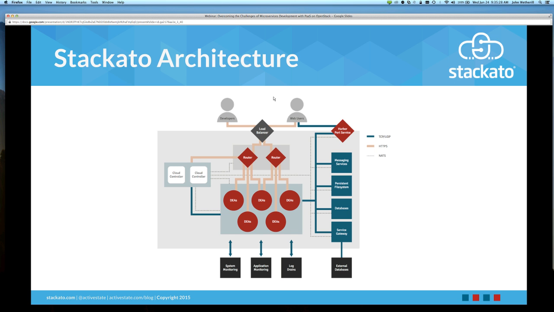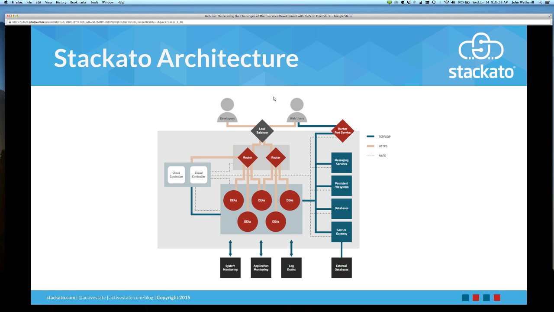The end users of the PaaS, the developers to start off with, would be using the Cloud Controller API, or some clients for that API, to manipulate and access the PaaS itself. For example, to deploy applications, to find out what the state of your apps are, how much resources are used, creating users, all the things that you would do with the PaaS. There's a lot of functionality there.